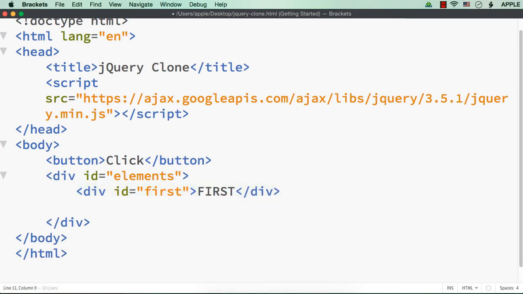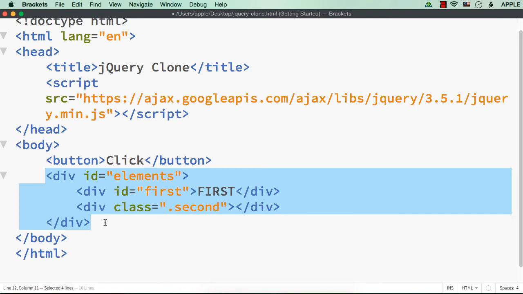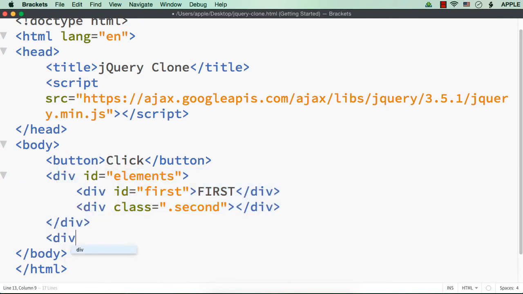Then let me have another div element with class name second, without any text. We will later style these elements so that they will look like a square. These elements are to be copied to somewhere, right? So for that, let me add another div element with ID container so that we can copy the elements into this div element. Instead of div element, you can try any other element like p element, span element, or any other element to copy using the clone method.